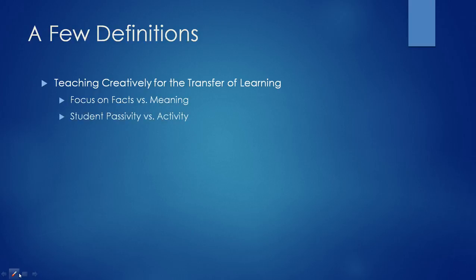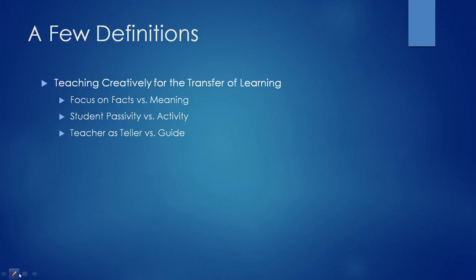The second thing is focusing on student activity rather than passivity. So allow the student to be active rather than to sit and listen. And again, if you move up the ladder on their five levels there, the teacher becomes less of a teller and more of a guide, which is exactly the next one.